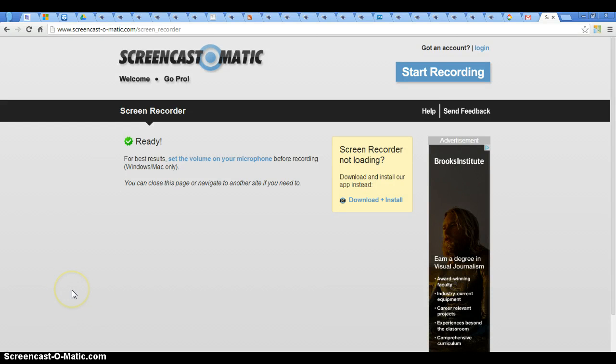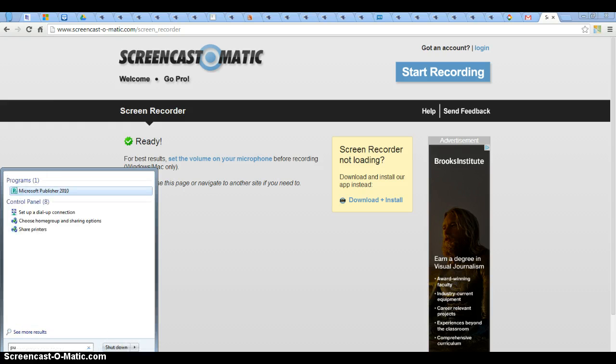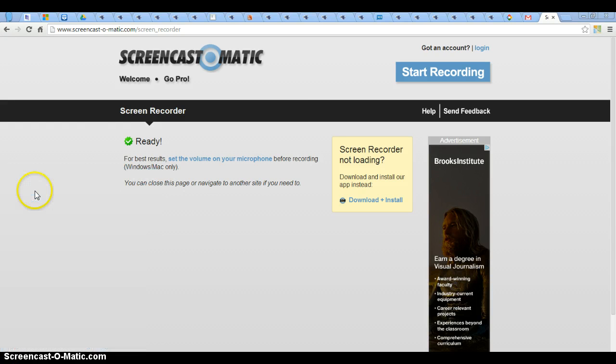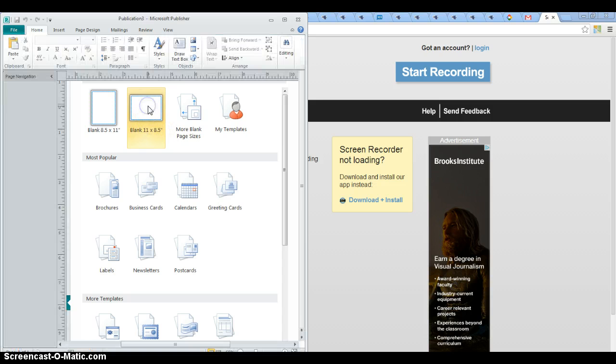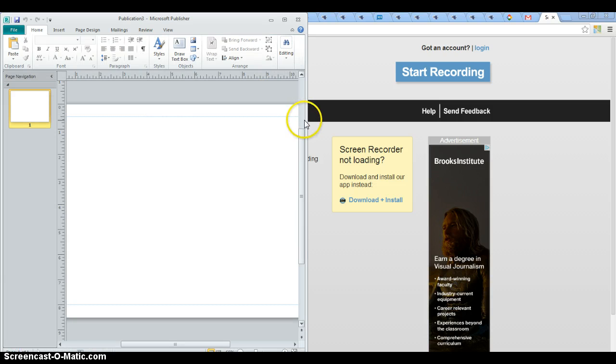Okay, we need to get into Publisher first. So click the Windows button in the lower left corner of your screen and type Publisher. And then we're going to create a new brochure from scratch, and it's going to be a blank document. So right here, this one, the one that's landscape, the blank 11 by 8.5, click that, and then this will